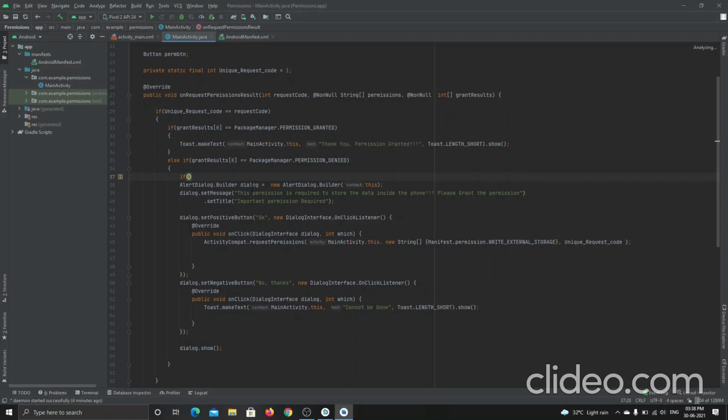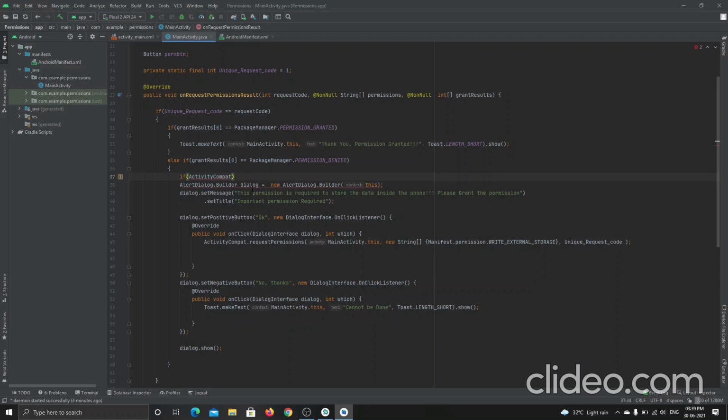I just type ActivityCompat. It helps us to get into the activity main. Sorry, ActivityCompat. Let it give me the suggestions so that if there are any import options, it will directly import it.